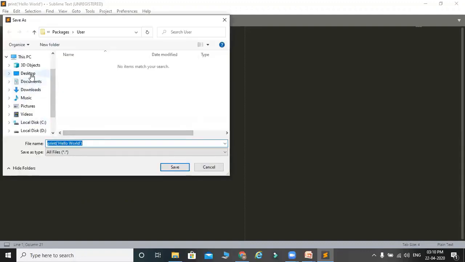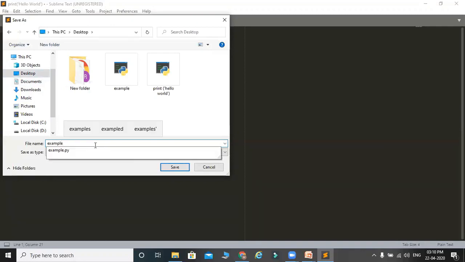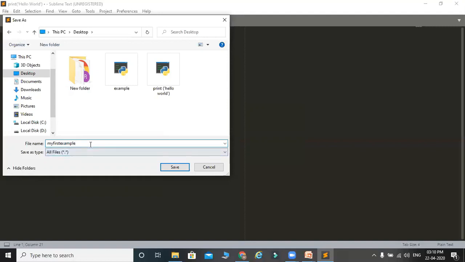Now I am going to save it on the desktop, and I am giving it a name, my first example. Then you need to define the extension for this file. So you have two options.